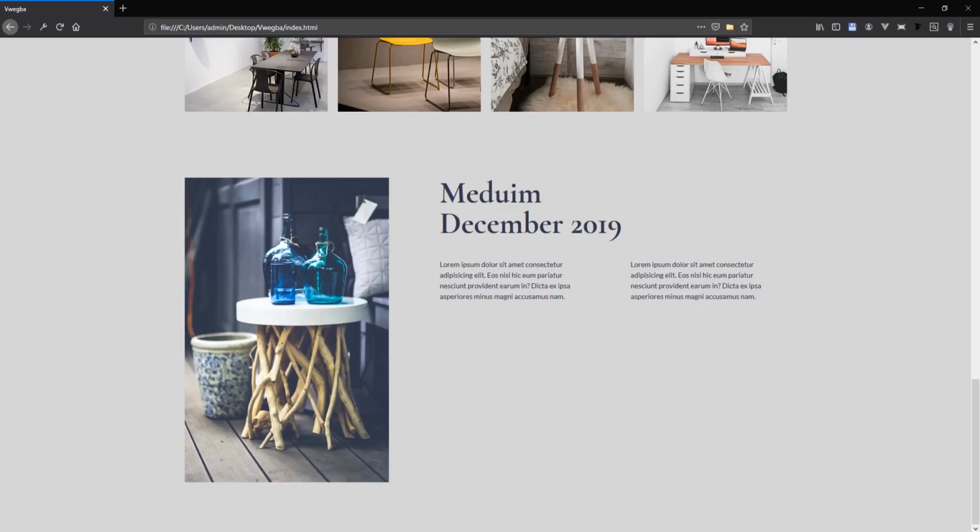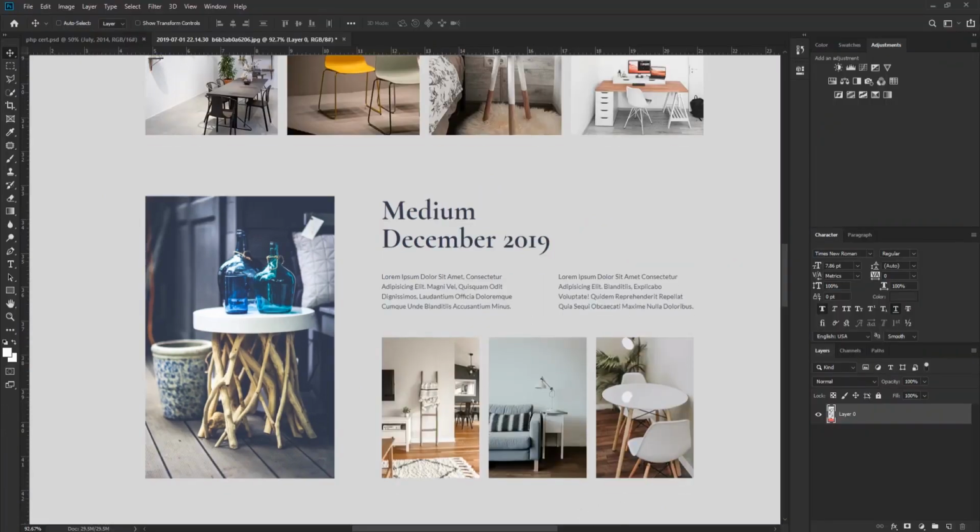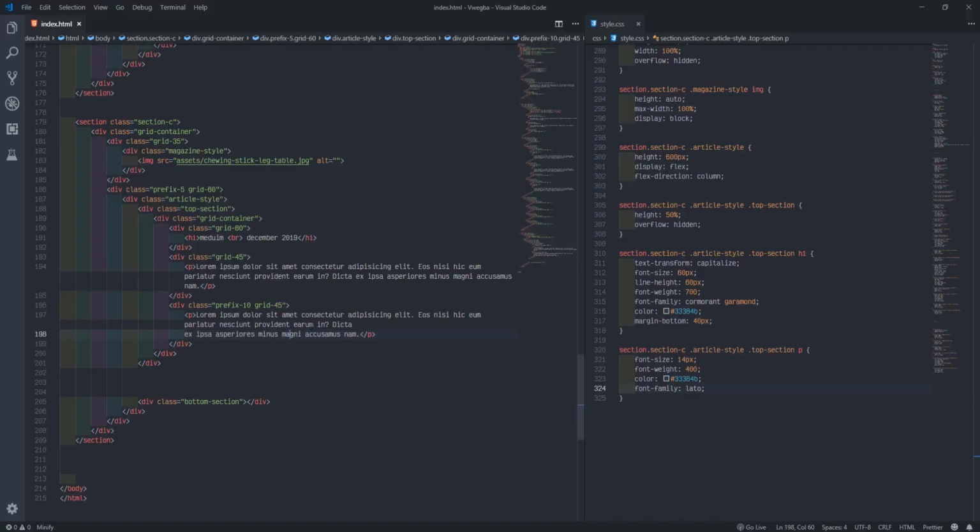So now we'll work on this picture, the bottom here now. So quickly, I'll come here, I'll see the bottom section now. The bottom section, I'll do grid container. Grid container, grid 33.